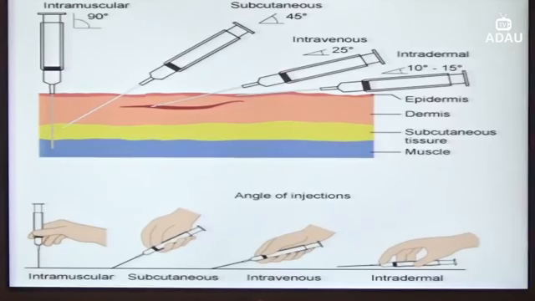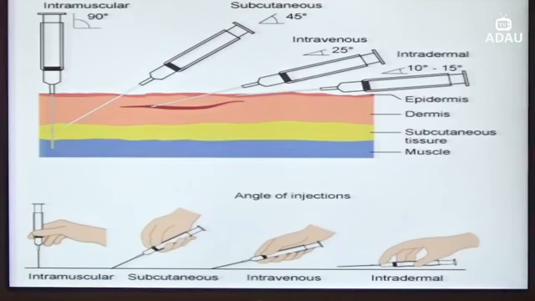For example, the first layer, the epidermis: we inject intradermally, some liquid, at an angle of 10 to 15 degrees. The second layer, the dermis, where we inject intravenously, some amount of solution, at an angle of 25 degrees. And the third layer, subcutaneous tissue, where we inject subcutaneously,